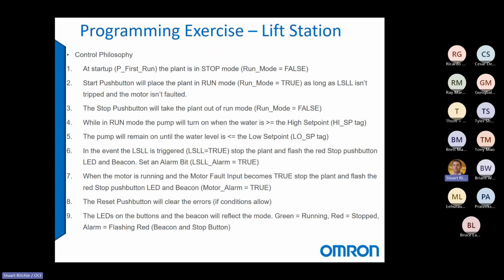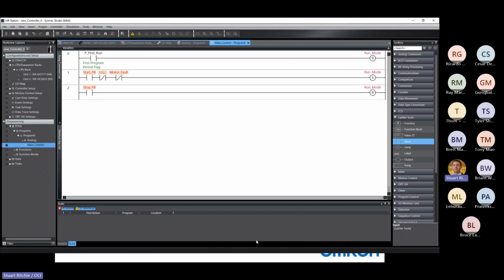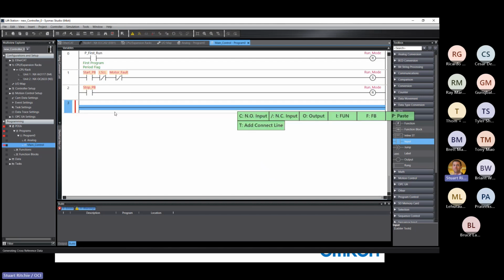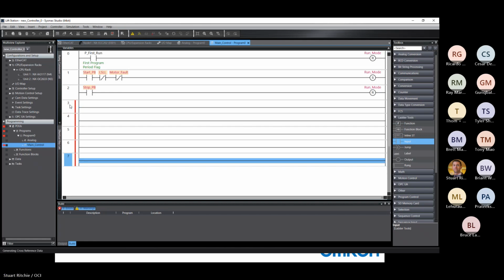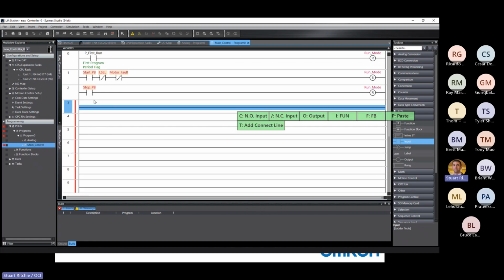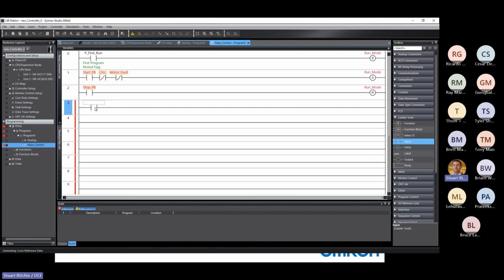I wouldn't necessarily do this on a live system, but we will need to make two tags. We'll need a high set point tag and a low set point tag. And we're going to need to make sure those tags are retained because we don't want the operators having to go back and change this set point if a power loss ever occurred. So we're going to shoot a rung below at the bottom. And if you want, you can toss a couple in there just to keep things simple, speed it up down the road. So while we're in run mode, which our run mode bit will be true for,